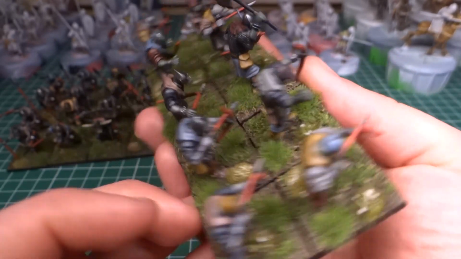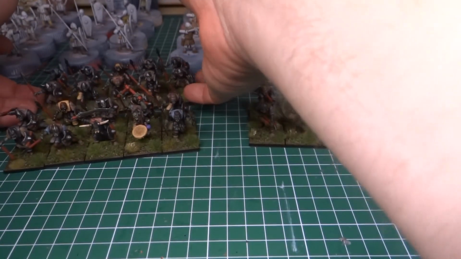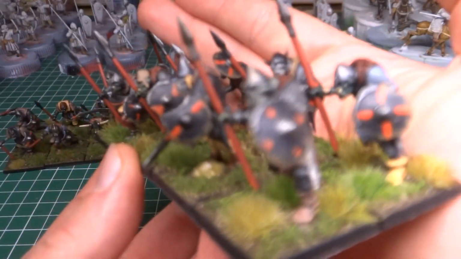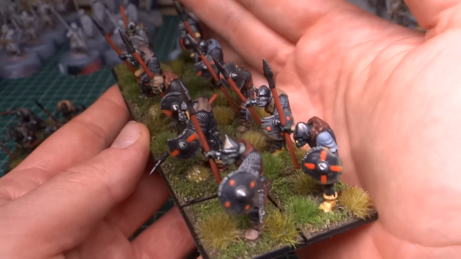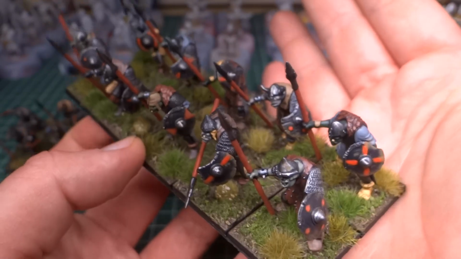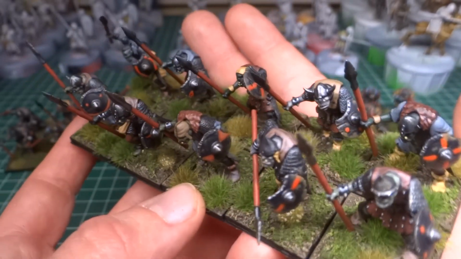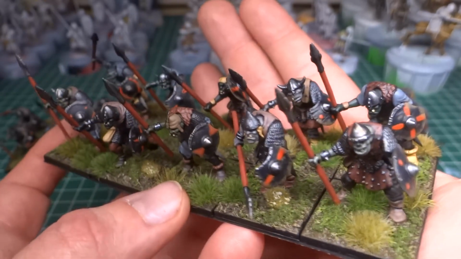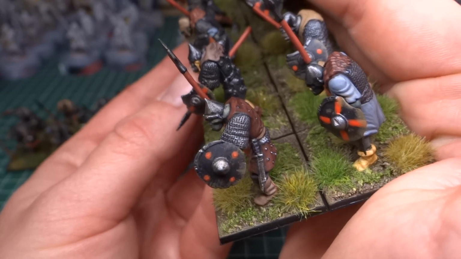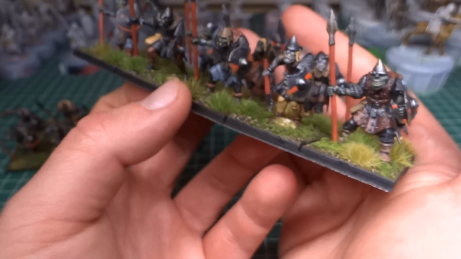So I painted these before Becca's Command Challenge, and the same goes for these 10 spearmen, again with red spears and scuffed shields. The shields are all super simple, free-handed designs. I didn't do anything special on them. I just painted them black, put some red designs on them, and then gave them a light scuffing with, I think, US field drab,